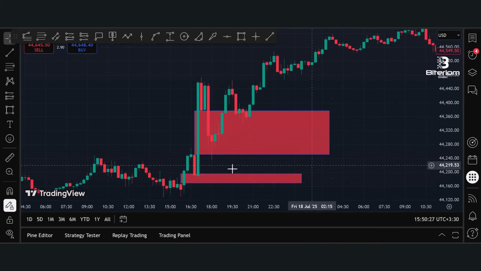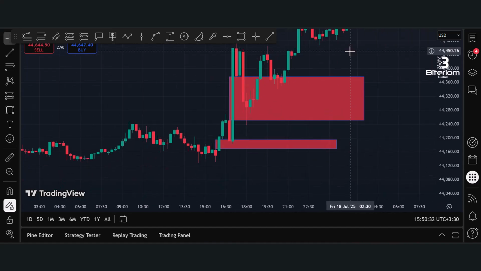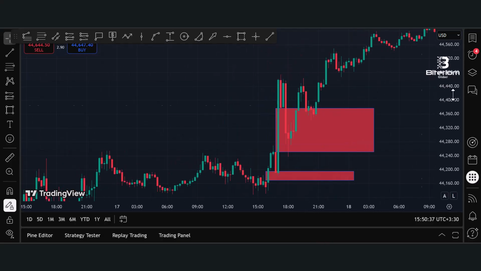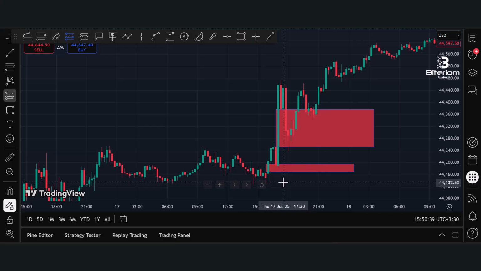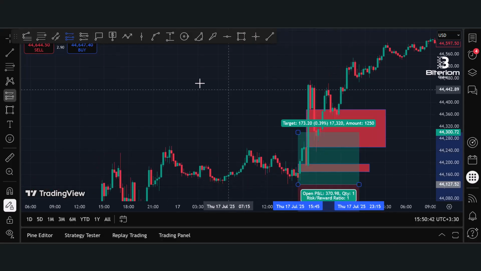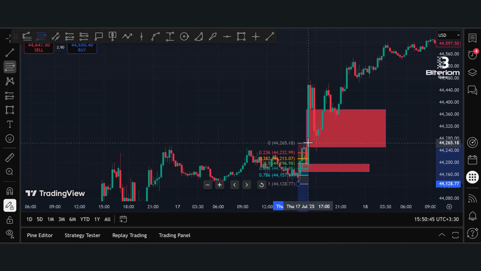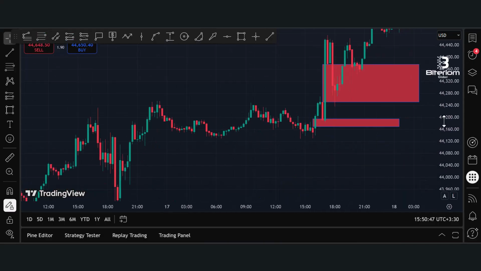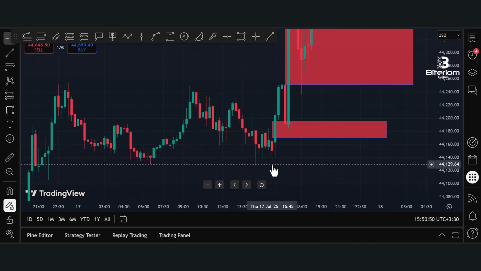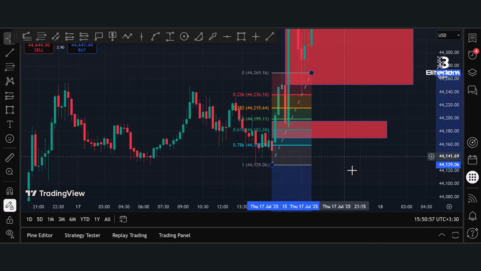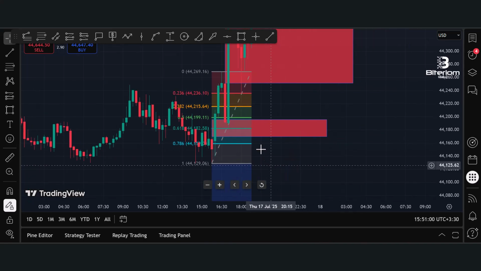When we found a spike leg and, with a pullback candle, marked the FVG or fair value gap, we can use the retracement Fibonacci, guys. For Fibonacci, we mark the lowest price of the first candle to the highest price of the last candle, like here. After that, we can mark three lines with the FVG as a support or resistance zone.